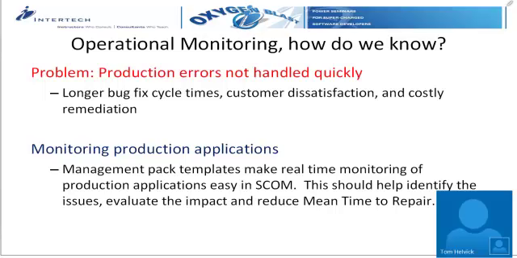So what happens when you don't solve a problem quickly? You can lose business, and that's probably the worst case scenario. So we do have several management packs that allow the real-time monitoring within System Center, and the whole purpose of this is to reduce that mean time to repair. So how long does it take for me to figure out what the issue is and get to root cause, and then provide a solution, and then fix, and then deploy that fix into production?